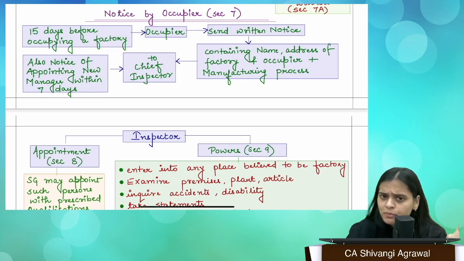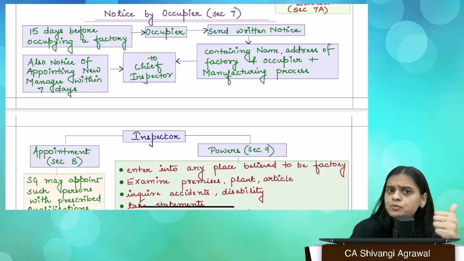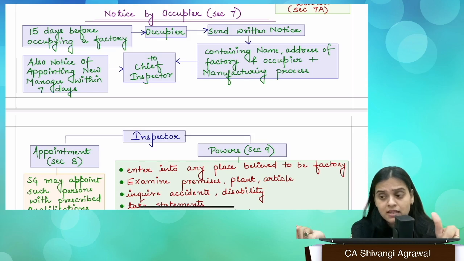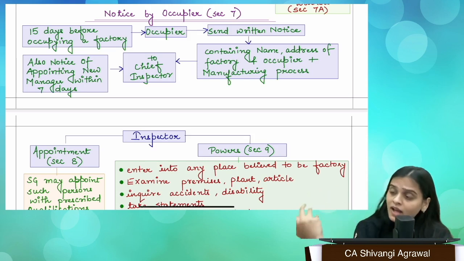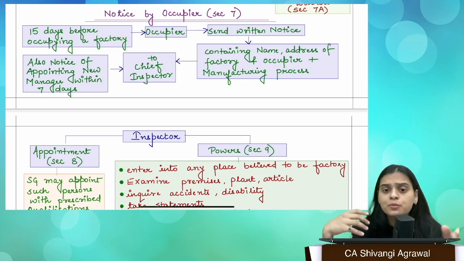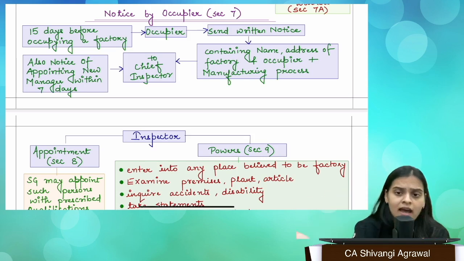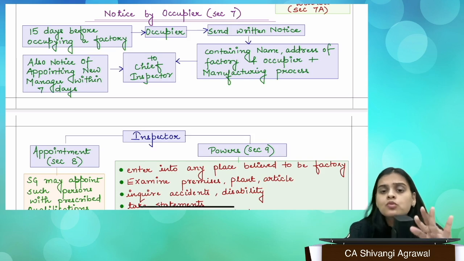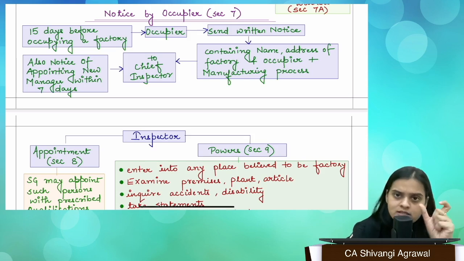So there are a lot of people who open a factory, some manufacturing process is going on, but they haven't reported their factory, right? If the inspector comes and inspects that area and finds that, okay, this is a factory and you're not complying with the factory laws, then they'll seize your factory, they'll put in penalties, and adequate punishment will be given.